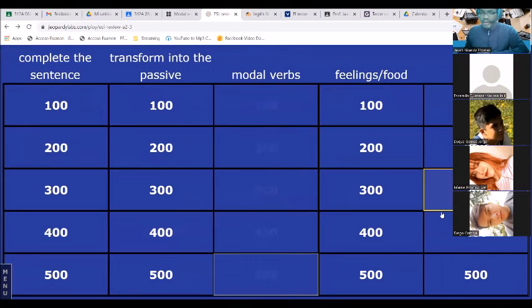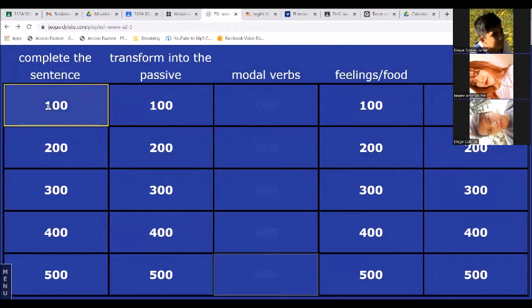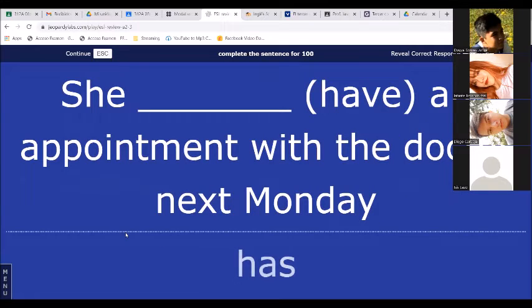And since we're now 6, complete this sentence. How should we transform the verb have to go with she in a sentence talking about next Monday? She has an appointment with the doctor next Monday.